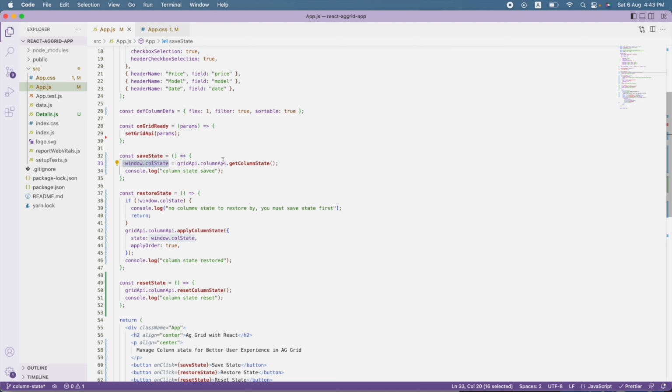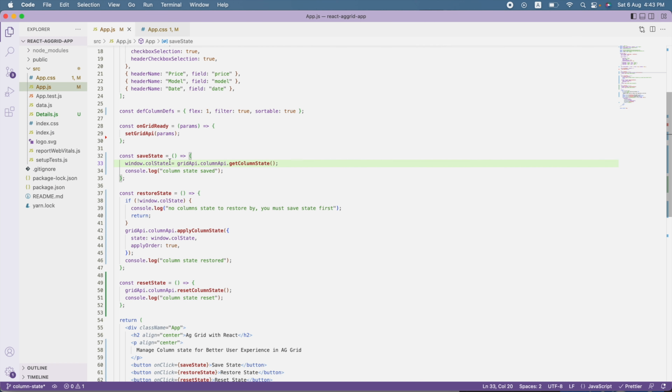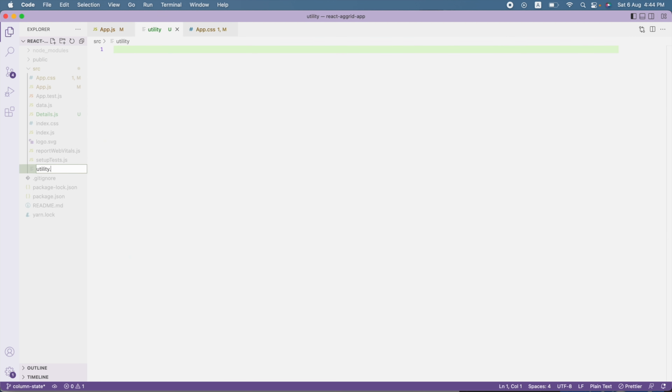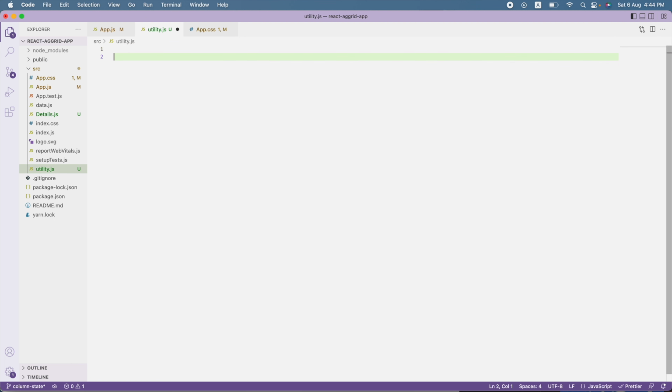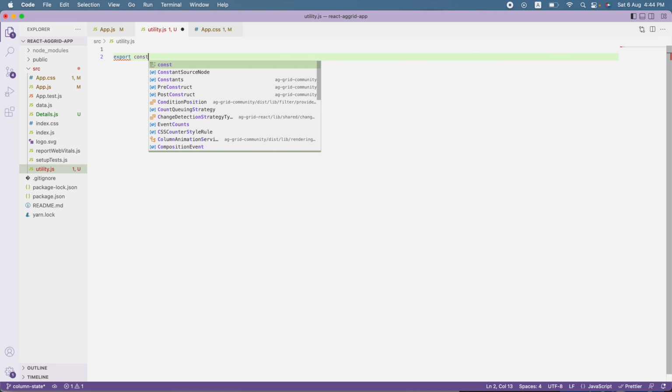So now what I will do here is, instead of storing into this window column state, I will store into the local storage and I will get it from there. So for that, here I will create a utility folder. So let's call it utility.js. Okay, and here I will create 2 functions first of all. So first is set local storage and the second is get local storage. So here, export const